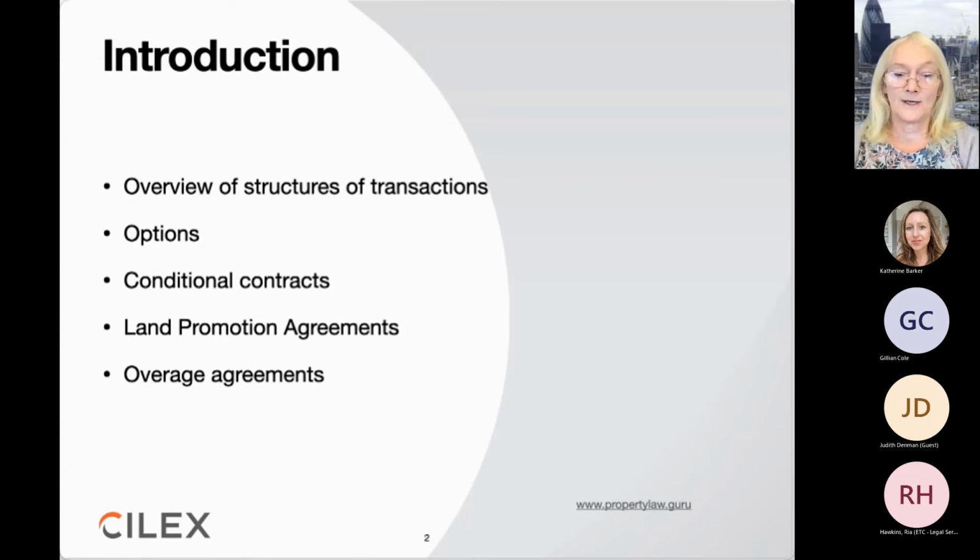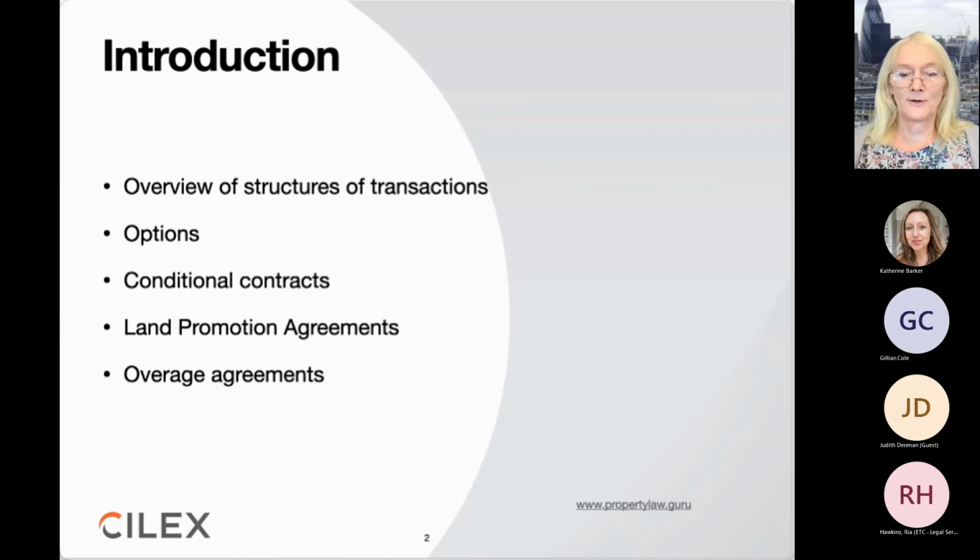So at a heads of terms principles stage, how is it worked out? When does the deduction take place? And we'll talk about the weapons of math destruction later on, and the many problems I've seen where developers or sellers exploit each other unwittingly, and then there are arguments afterwards with the relevant parties' solicitors over whether they picked that up, because everyone wants to assume that their solicitor, or their licensed conveyancer or their legal executive, has to take the blame for anything that didn't go according to plan.